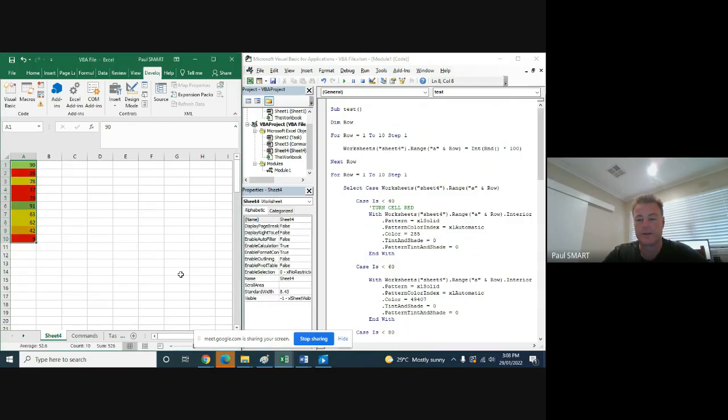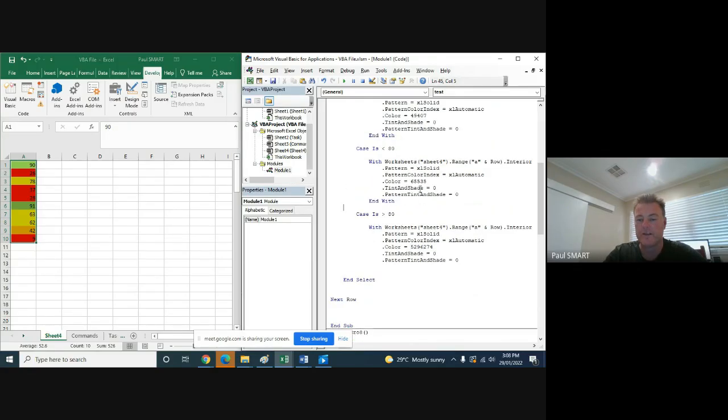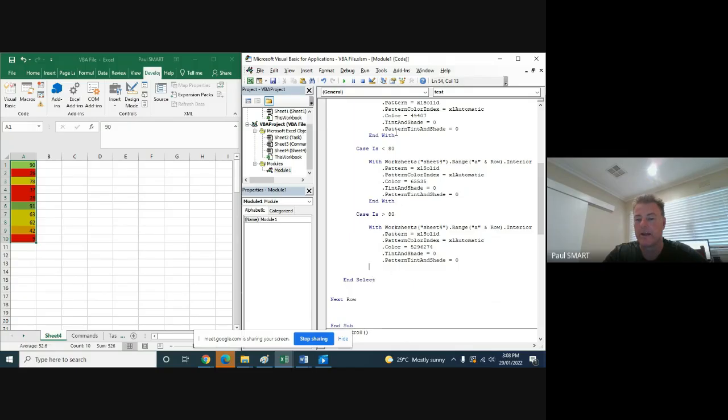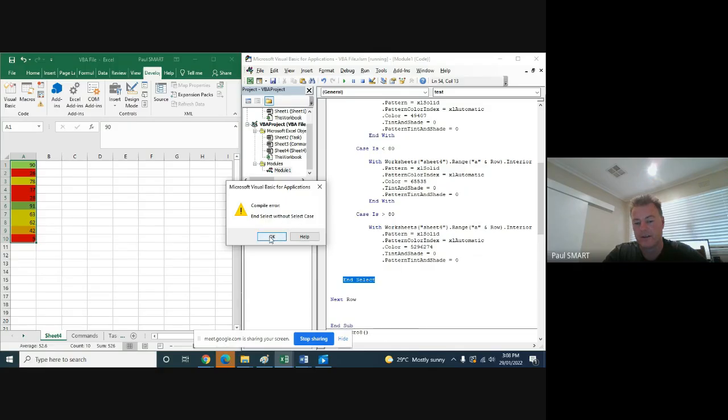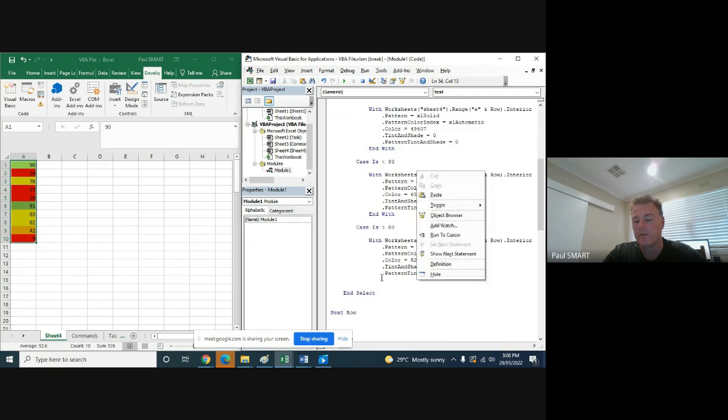So that's fantastic. Now, one of the things I did encounter that I just want to highlight here, and I did this last time I was actually saving it, is that sometimes when you're pasting code from one place to another, you might end up missing a line. For example, I've taken the line of End With out of here. If I push play, I'll get an error. If we have a look at the compile error, it's telling us 'End Select without Case Select'. It's basically telling you that it can't find the end of this code,